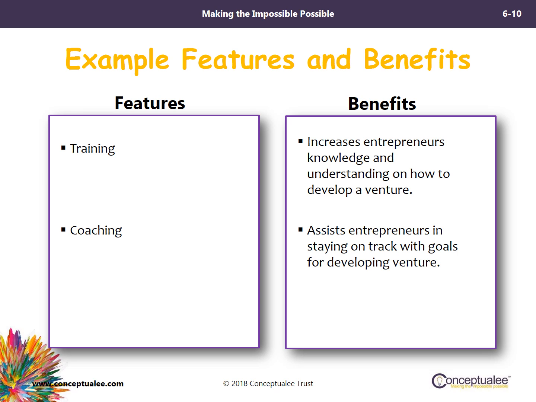Now, we're going to just do a quick group discussion just to get you into the idea of how to look at features and benefits. So recall that our case study solution is a one-stop shop that empowers entrepreneurs to develop and grow bankable and sustainable ventures. So on this, please provide additional benefits for training and coaching. Okay, and so I'm going to pause, and so the facilitator is going to let you do this discussion.